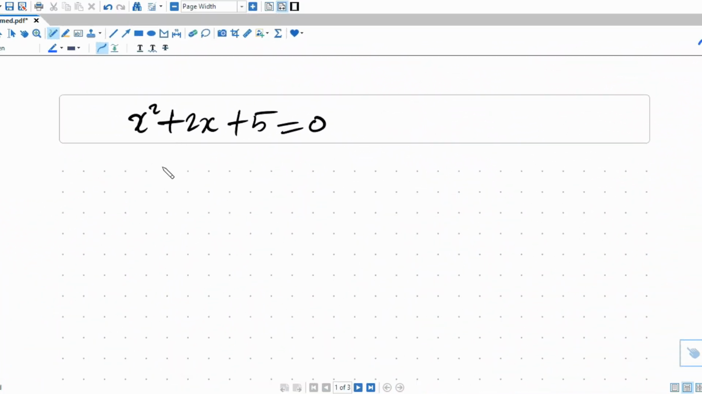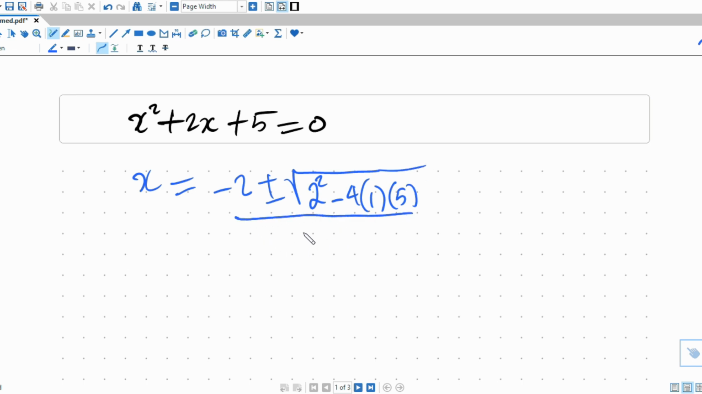Complex numbers. If this quadratic equation here is solved using the quadratic formula, then the value of x is going to be -2 plus or minus the square root of b squared, which is 2 squared, minus 4 times a times c, which is 5, everything divided by 2a, that is 2 times 1, which simplifies to -2 plus or minus,